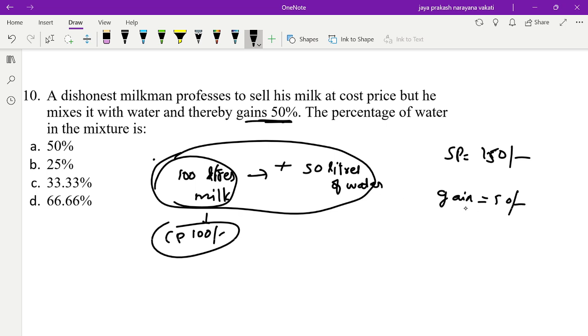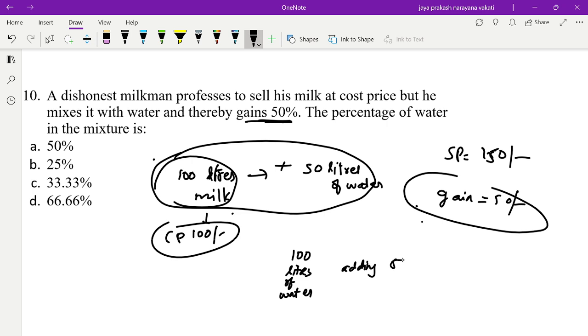Okay, he's gaining how much? 50 rupees. So he's gaining, gain percentage is how much? 50 percentage of cost price. Correct. So that's what gain percentage is. Gain is 50 rupees. So that's it. That means for every 100 liters of milk, he is adding 50 liters of